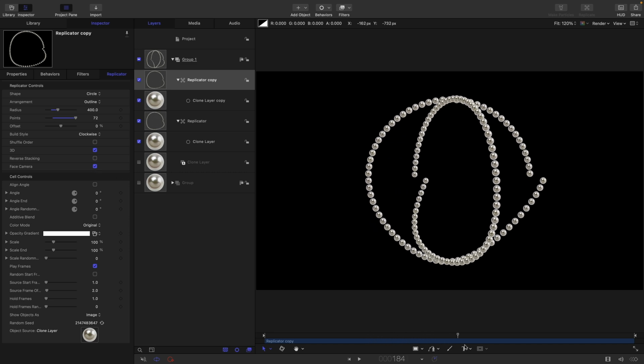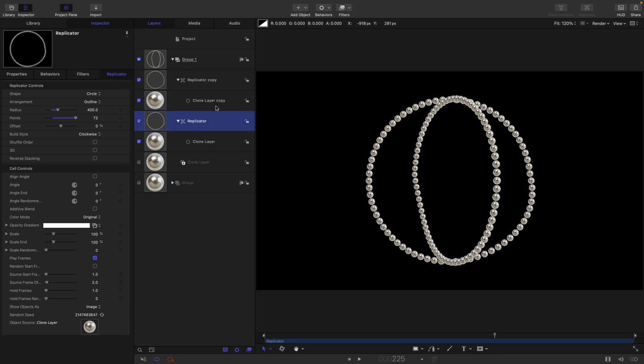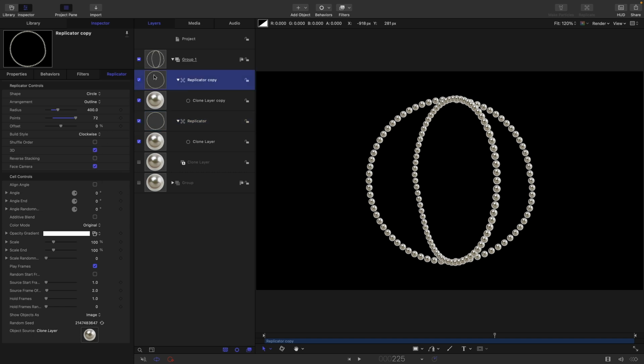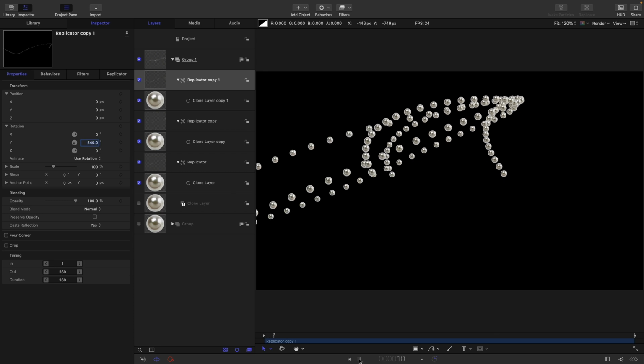Those pearls are actually facing the camera. They look 3D despite being just a 2D plane. And we'll also need to do that same thing to our original replicator. Turn on 3D, turn on face camera. So I'm going to select this replicator here, duplicate, and I'm just going to rotate it a little bit more. So let's go for 240 on Y. And then we get